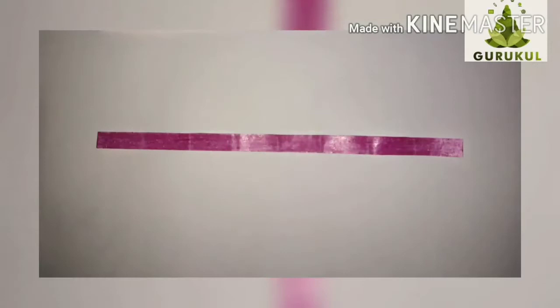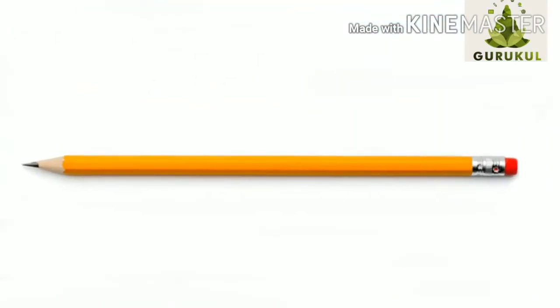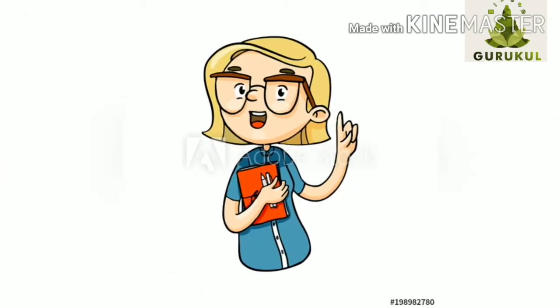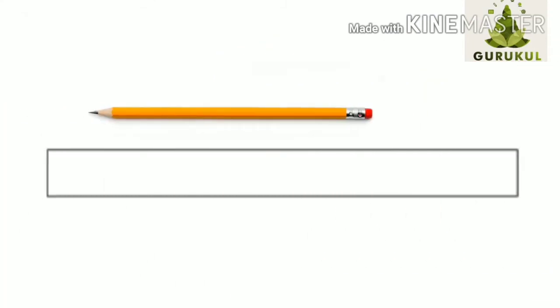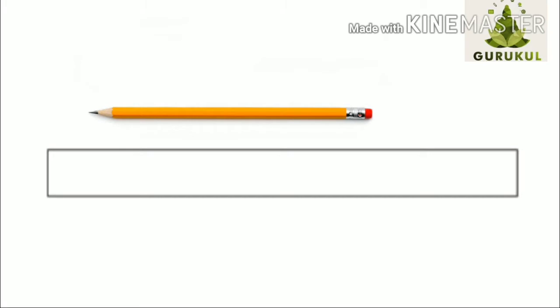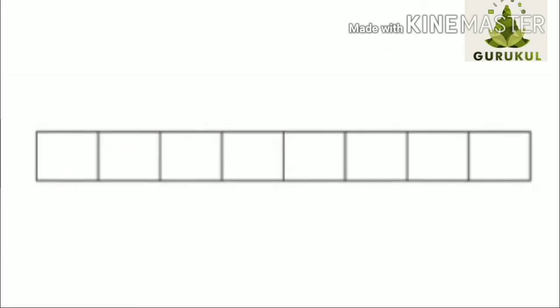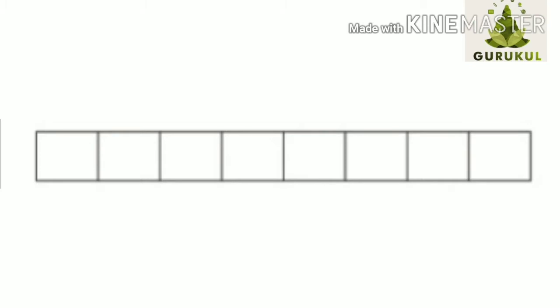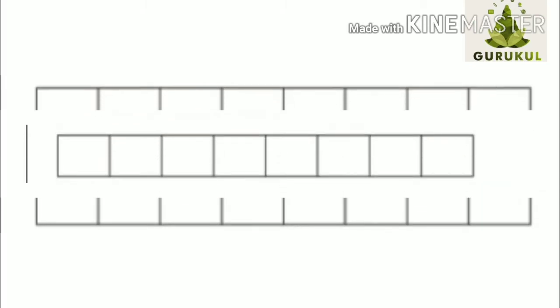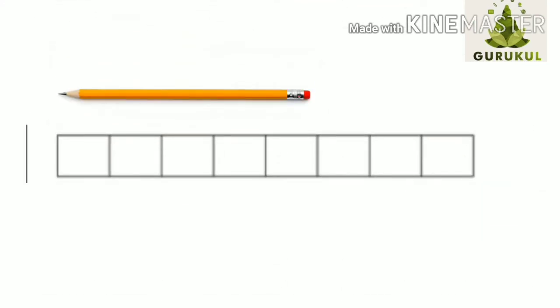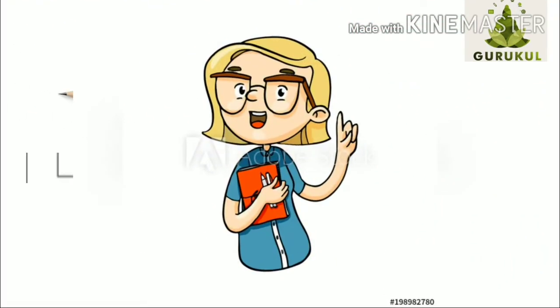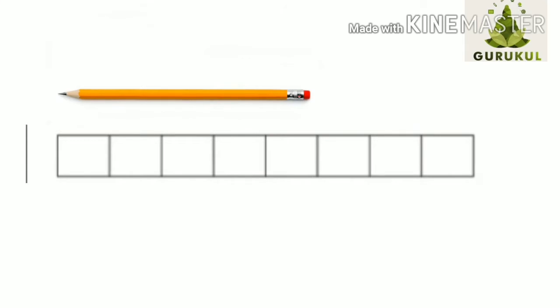So now we have this paper strip. But if I tell you to measure a pencil with this, how will you do that? The paper strip is longer than the pencil. Well, children, you could fold this paper strip to make equal parts. Now these small parts will be useful for measuring your pencil. So from all this, did you notice it is easier to measure a shorter distance using something shorter?